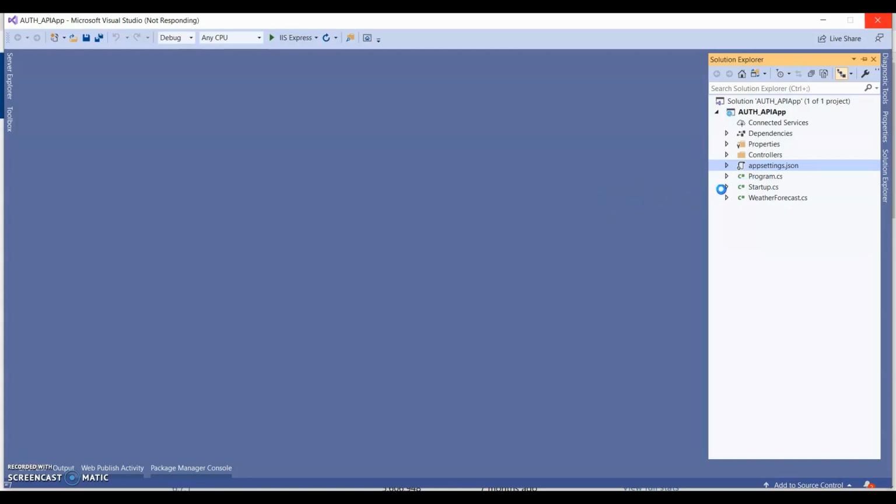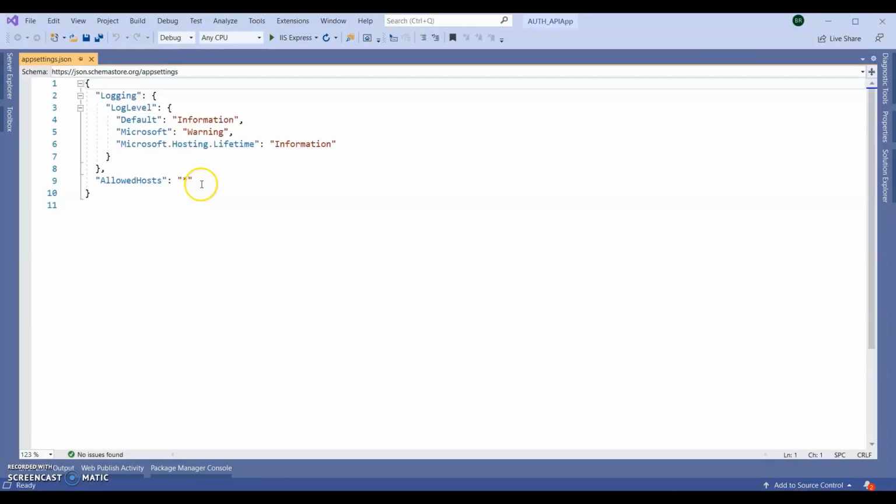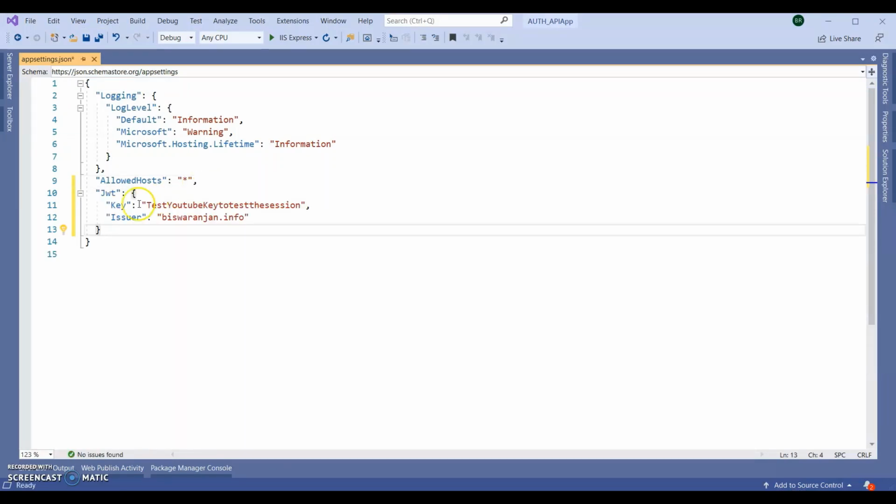Here we are going to do the same operation in the appsettings.json file. In the appsettings.json, we need to add one more setting as JWT, with one key and one issuer.